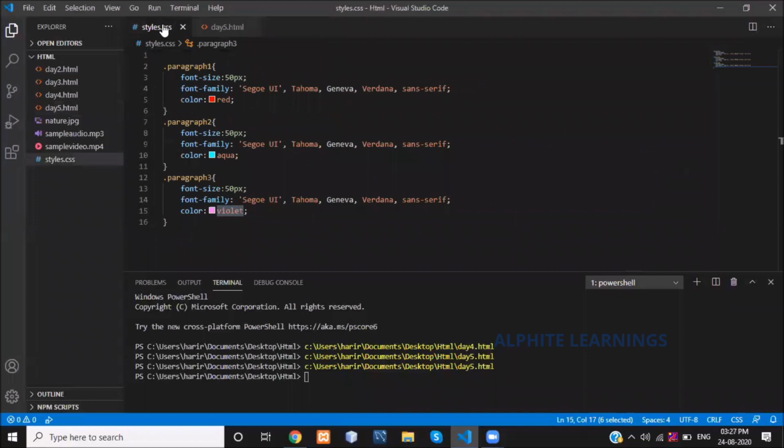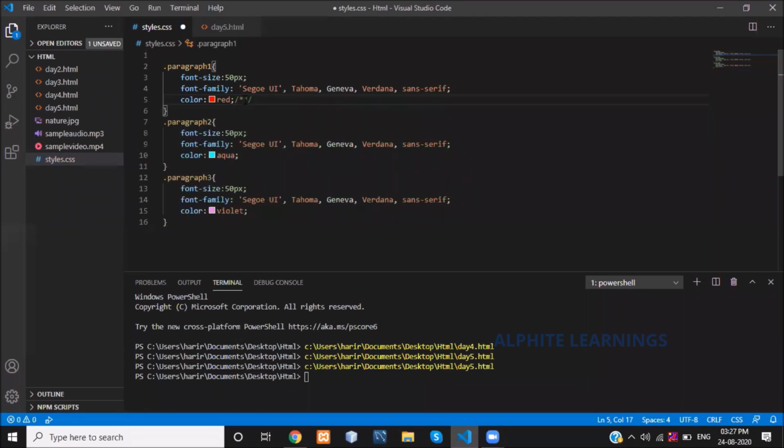Let's see some other styling attributes today. Now I'm going to explain how to give a comment. See, here the color is red. If you want to specify what it does, you can represent it in a comment. For that, after the semicolon, give slash star, star slash.